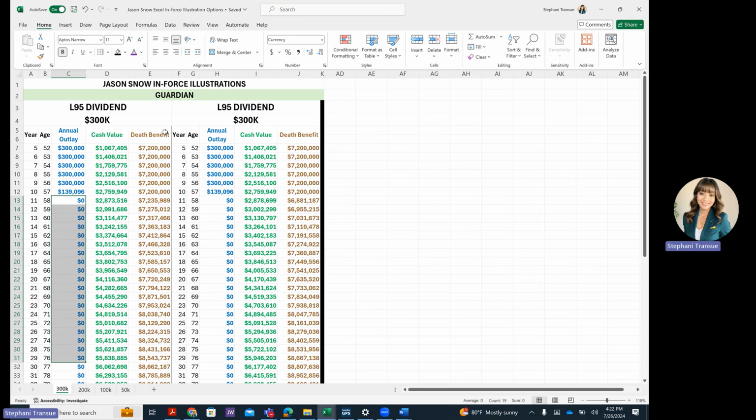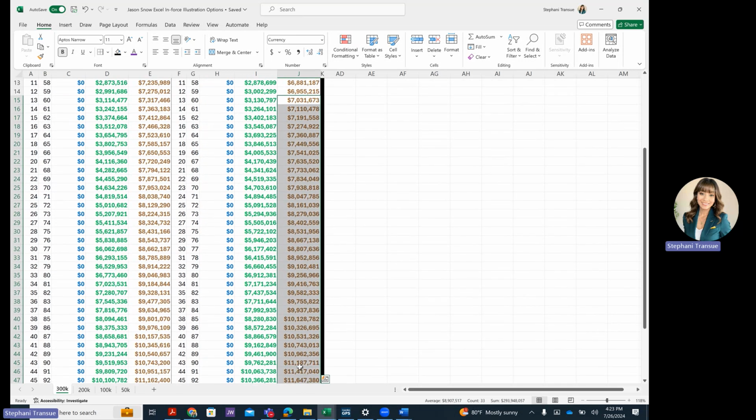We took that same funding where you're paying that amount of money for those 10 years. And then what we did in this case is a reduced paid up. The reduced paid up allows us to cut the expenses from the policy completely, so there are no more expenses due. In this case, you'll notice that when we do the RPU, the death benefit does reduce. It's consistent at that 7.2 million for those 10 years. And then when we cut the term off, the death benefit takes a little bit of a dip. But then the next year it climbs back up. And after that, it goes back to that 7 million and grows a little bit stronger as time goes by.